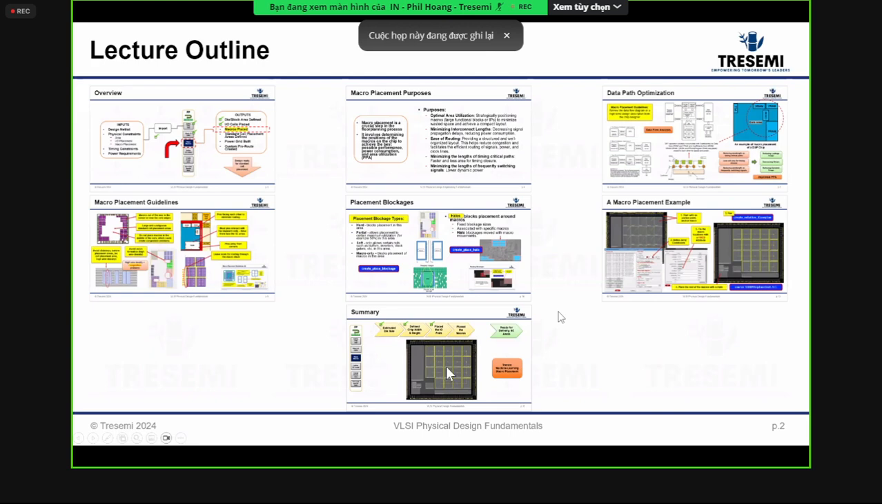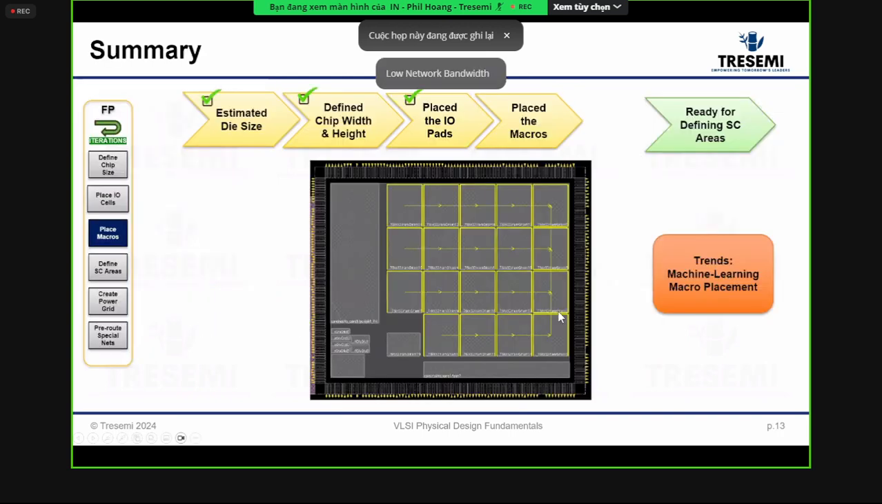So with that, you complete the next step. Oh, there's a check mark. So you complete this check mark, and you're ready to define the standard cell areas. And you learn that